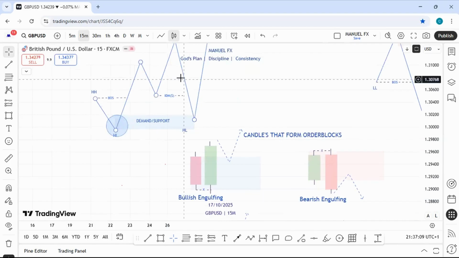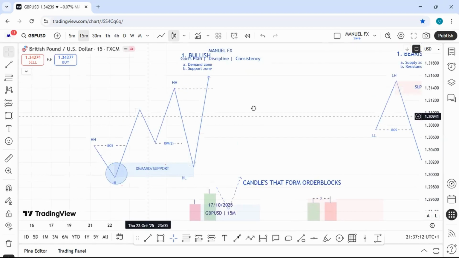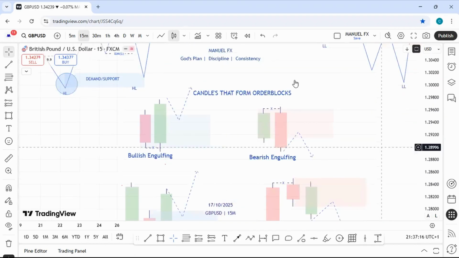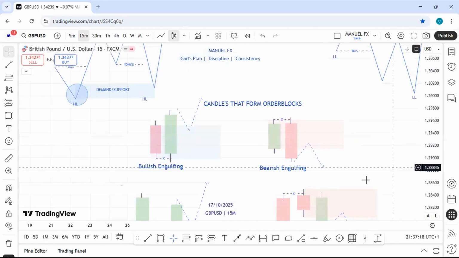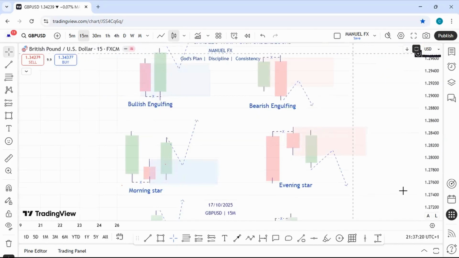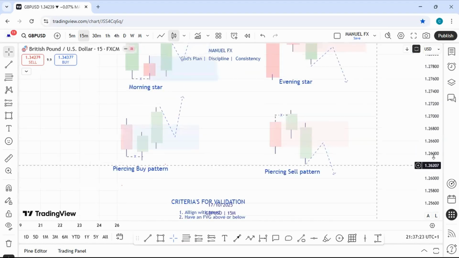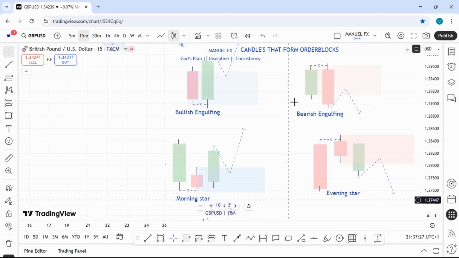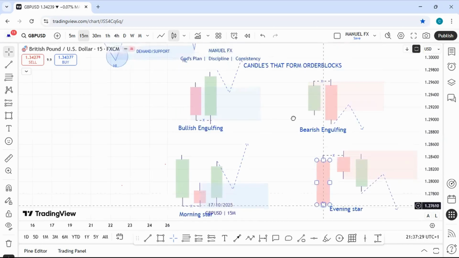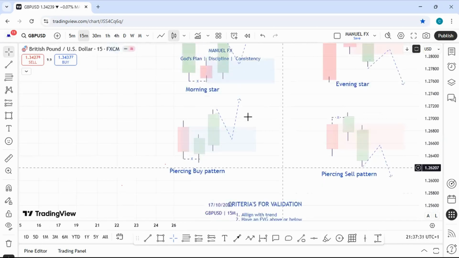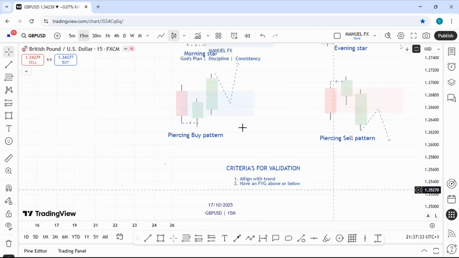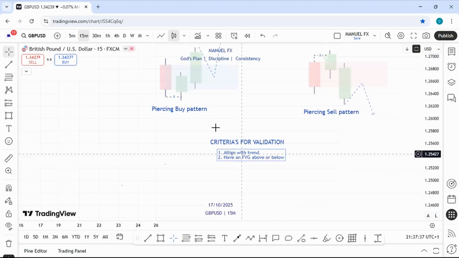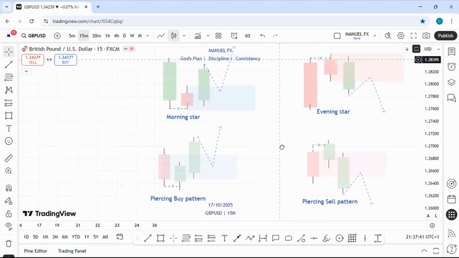So if price is going on an uptrend and is creating series of higher highs and higher lows, there is no reason why you should be looking for sell order blocks. You should only be looking for buy order block patterns. And once you see any of these buy patterns, just take your POI, market will come there, respect it, and go to your direction. And then the second criteria to further validate that these order blocks are actually very, very valid